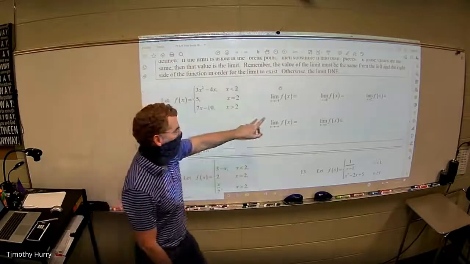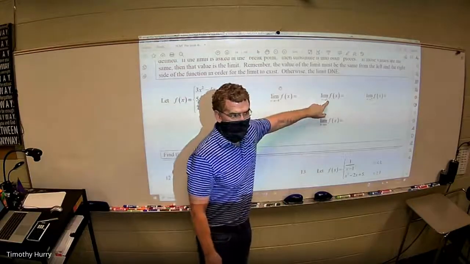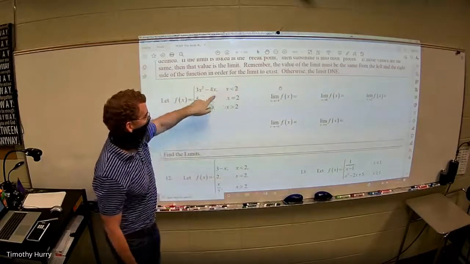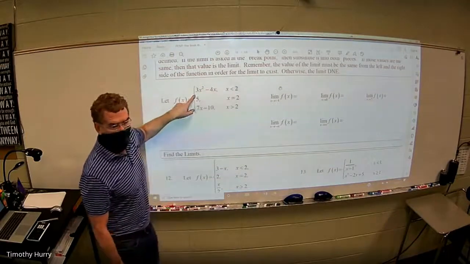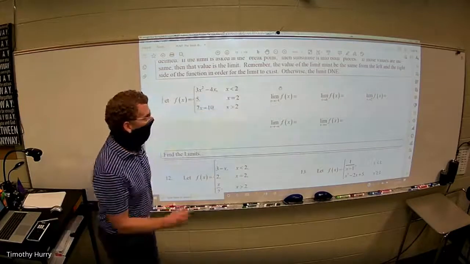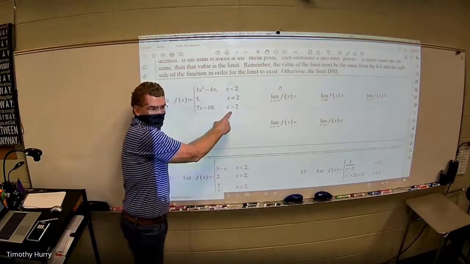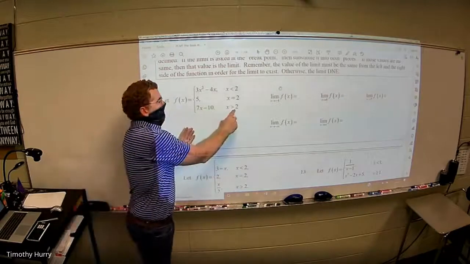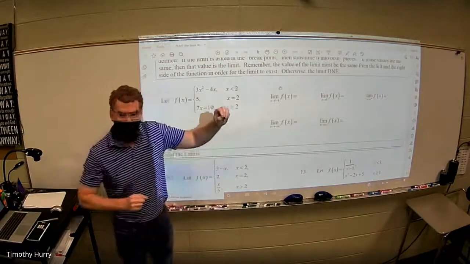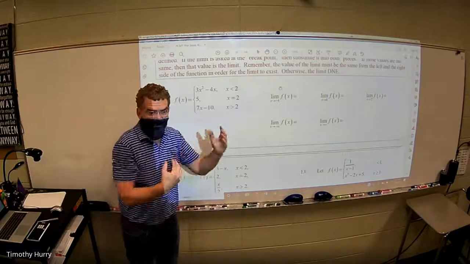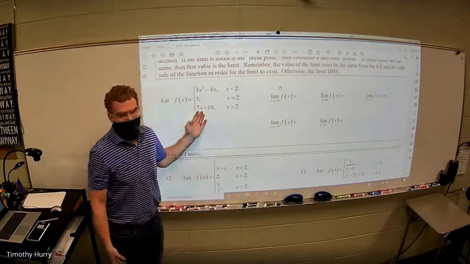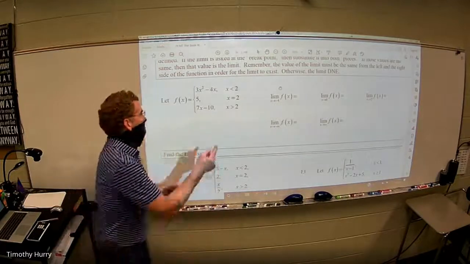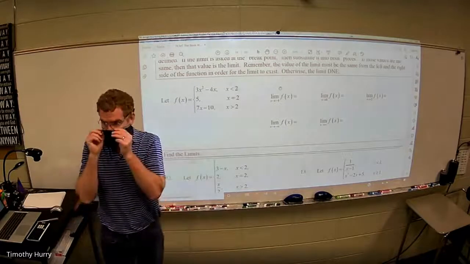Now, if I ask you for the limit as x approaches 8, well, I'm not going to look here because this graph only exists less than 2. And I'm certainly not going to look here because this exists at 2. 8 is bigger than 2, isn't it? So I'm going to use that function to find my limit. And because 8 is not at the end point of that segment, it's right there in the interior of it, and it's a line, and lines don't have holes or vertical asymptotes to mess me up, I can just plug the 8 in there and get my limit. Is that making